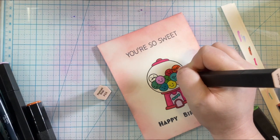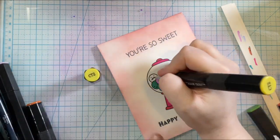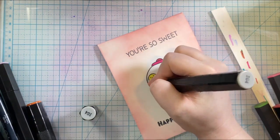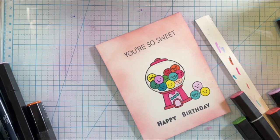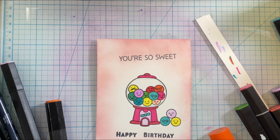Alright, so we are getting close to finishing up coloring these gumballs, and then we are going to add in the finishing touches of this card. So I wanted this card to be simple. It's just for a 3-year-old. She is super important, but she's going to see it, and then I'm going to put it in a special spot for her. And this is just what was flowing out of my head and what got done super quick. A 1-layer card with a few extra details. So now to finish up this card,